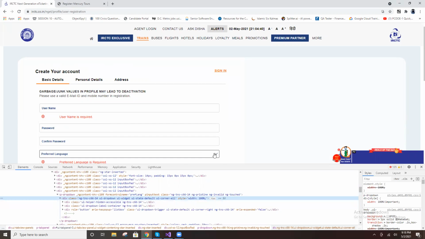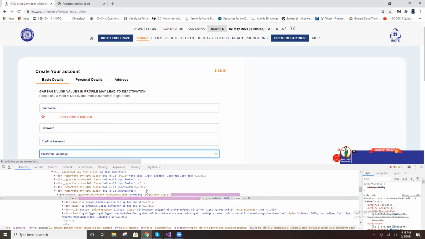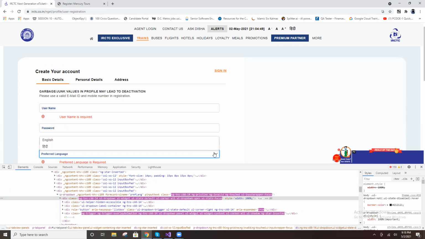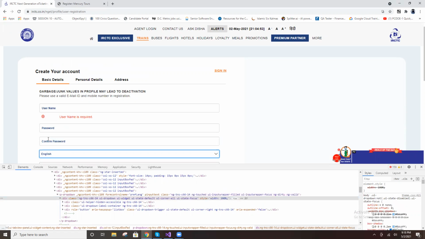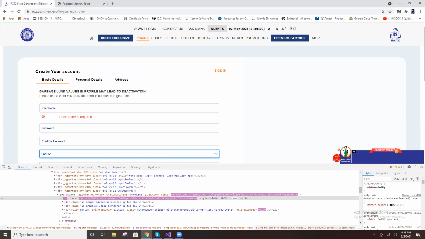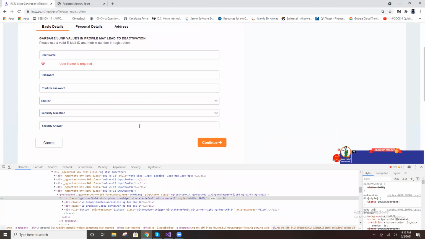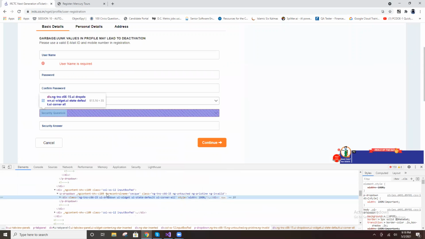How to handle this element? Drop down handling does not work here. First, one click here and one more click here. Normally you find an XPath for this one and click it, then find an XPath for that one and click it. That's it, there is no other option. Coming to here, this is also not a drop down. Normally click.